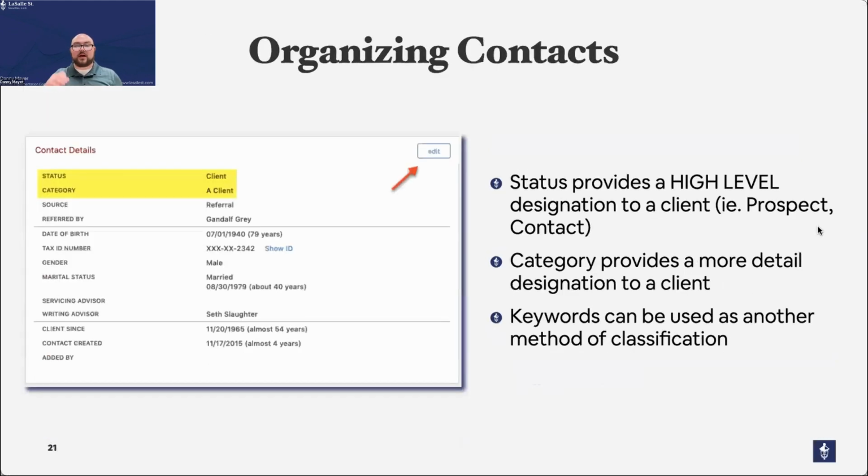So now that we have our initial contact created, we'll likely want to organize our contact within our CRM. There are a couple of different ways of organizing clients, and not even just clients, but a lot of the different records that you're going to input into your CRM. The first would be statuses. Statuses are more of a high-level designation for a client. So this would be something like a prospect or